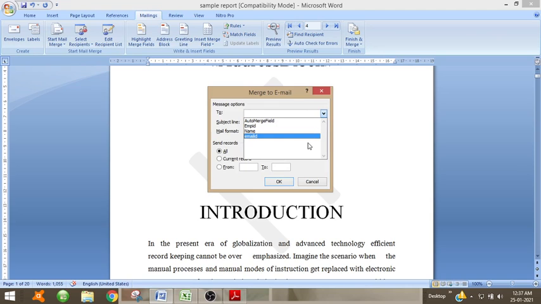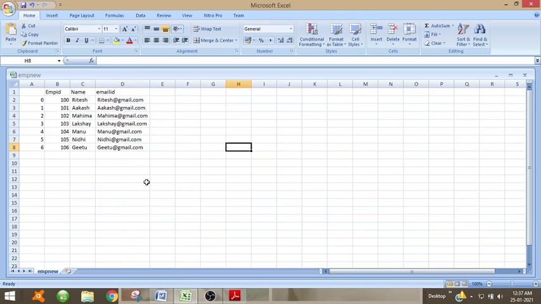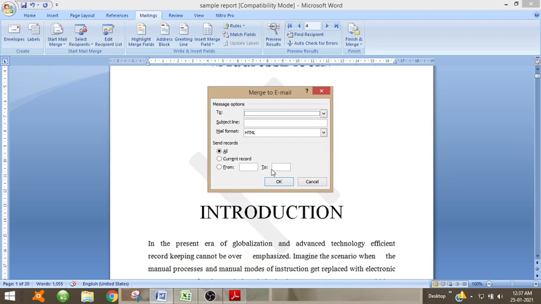In my CSV file I have a column called email ID. It contains email IDs of all the recipients. So from here I can select mail options. In that I can select to which email ID I want to send.